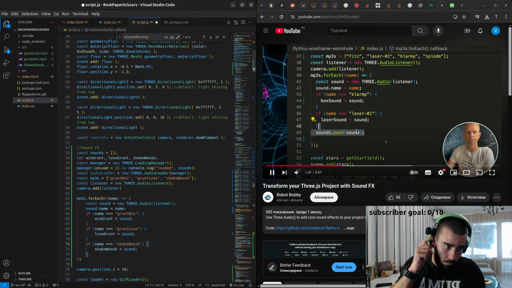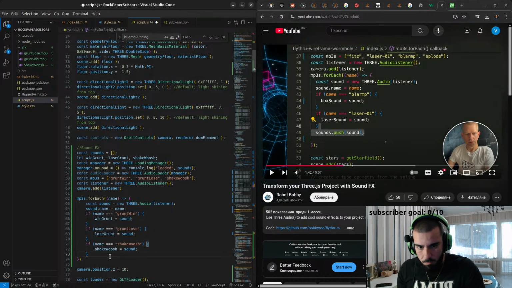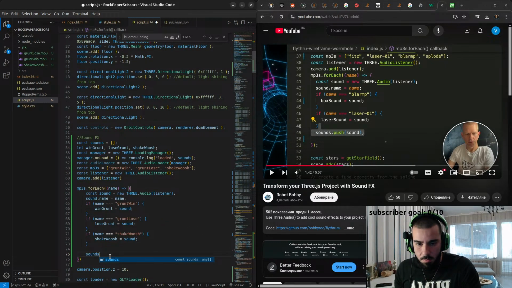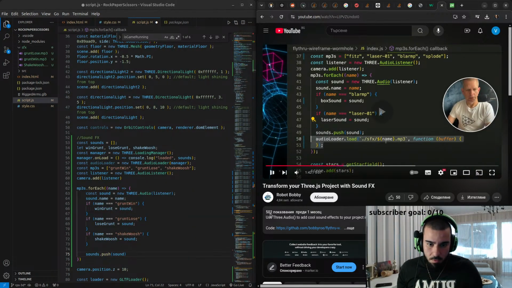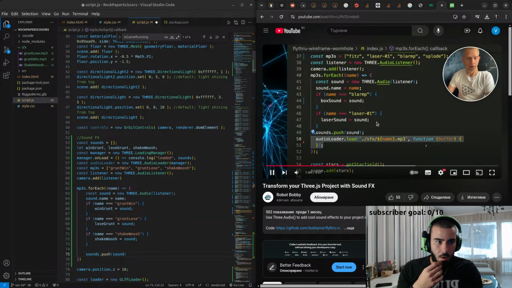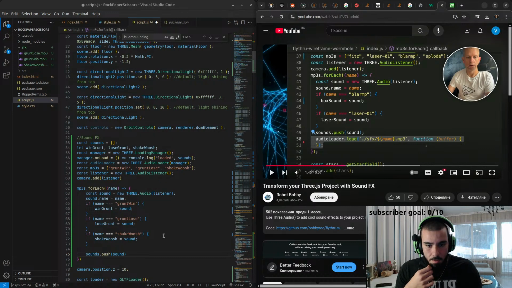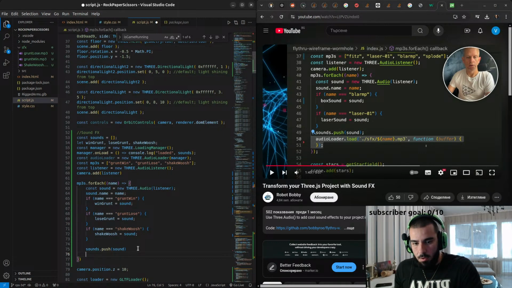Okay. I'm going to push those into sounds.push(sound), my sound array, and call the audio loader to load, and then audioLoader.load